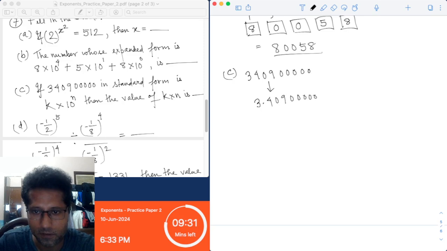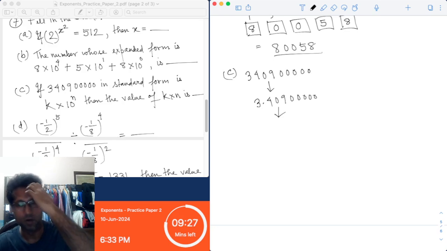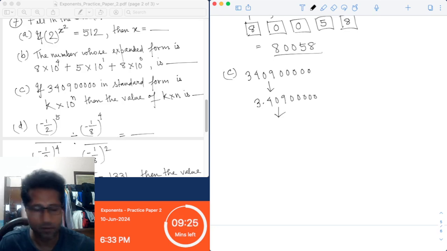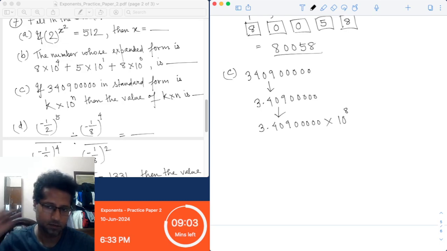The second step is we count how many digits are there after the decimal point to the right. So we have how many digits? 409, 3 digits, and then 5 zeros, 8 digits. So now we have the standard form as multiplied by 10 to the power 8. Why 8? Because we see after putting the decimal point there are 8 digits to the right hand side of